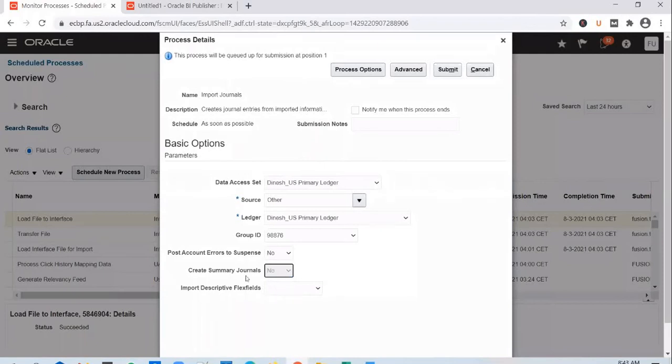So this also we usually load as no, but you can check with the client or a functional consultant as to what flags you need to use for all these 3 parameters. So you can go with a no option for all these 3. Again, for import distributive flex field, you can say yes or no. If it is no, flex fields will not be imported. If it is yes, you can also say with validation or without validation. With validation means it will check whether the flex field segments are enabled, and whether the attribute values are valid values on the DFF segments. It will validate it. If you say without validation, it will blindly insert those records into attribute columns without validating it. And you go ahead and submit the job.